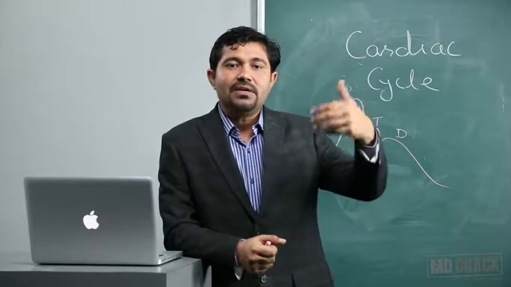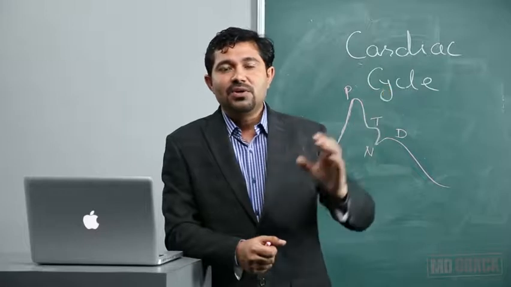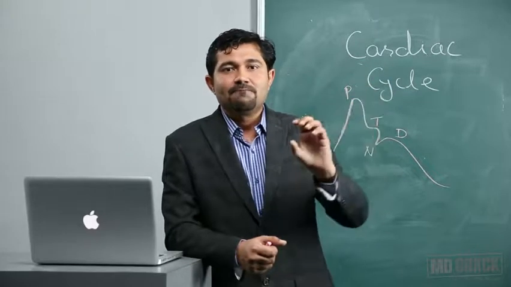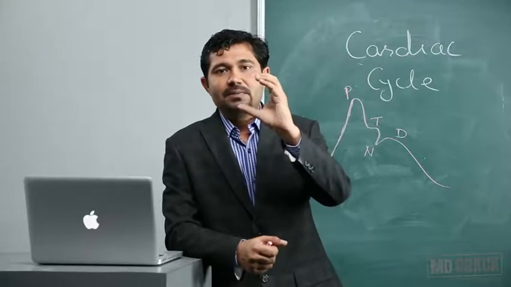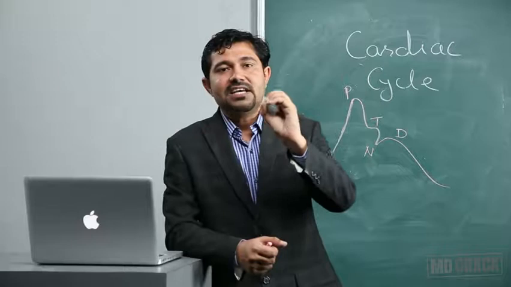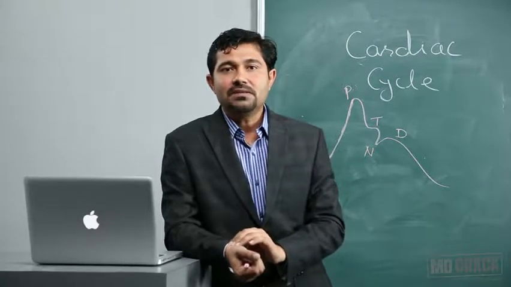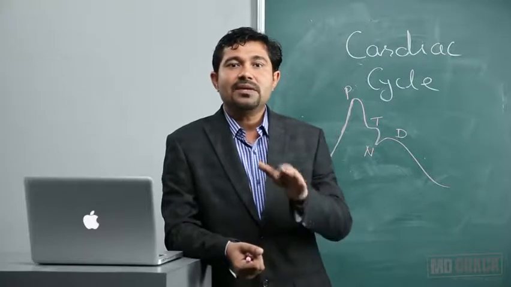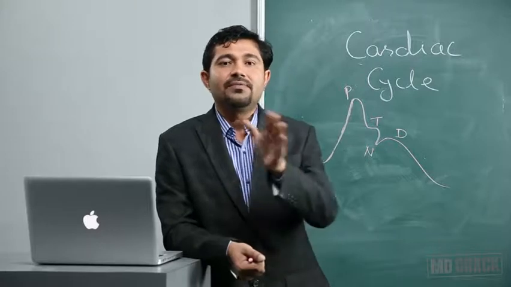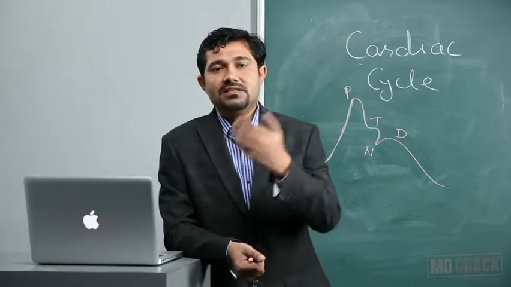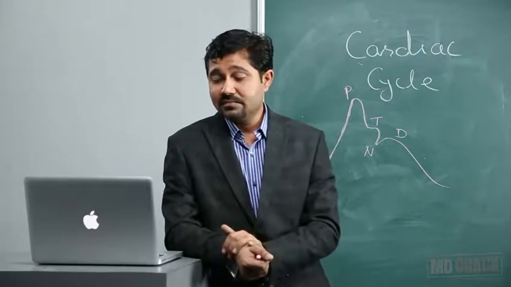That column will shift the blood forward. Because of this shifting of the column, the vessel will expand. A wave will be generated, and we can feel the expansion of this wave in the form of the pulse. So what is the pulse? It is the wave of expansion which is generated because of the filling of already filled vessels. Right? So this is because of the systole and again the filling of the vessels.